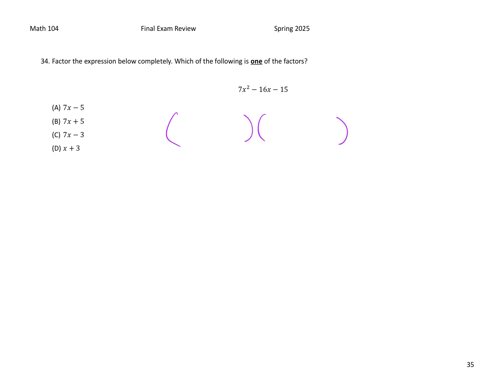And I know that my first terms have to multiply to be 7x squared. So it's going to be 7x and x. And then my last terms have to multiply to 15. So my options are 15 and 1, 5 and 3, 3 and 5, and that's it. Okay, so I'm just going to have to guess. Okay, so let's do